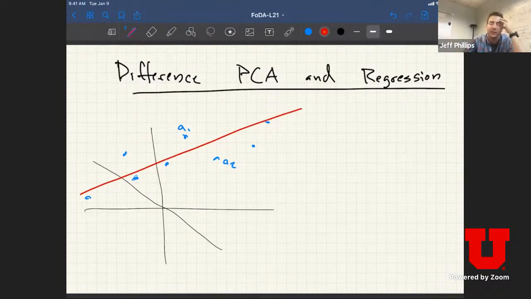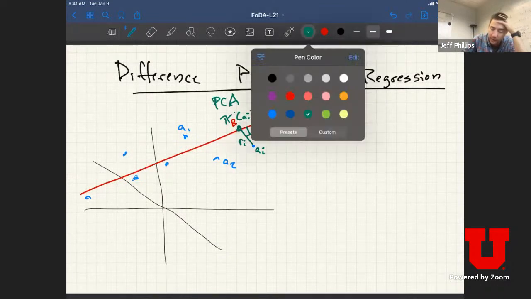One difference is with PCA: if this is A_i, you are projecting onto B of A_i, and then you're measuring the residual in this way. This is for PCA, whereas